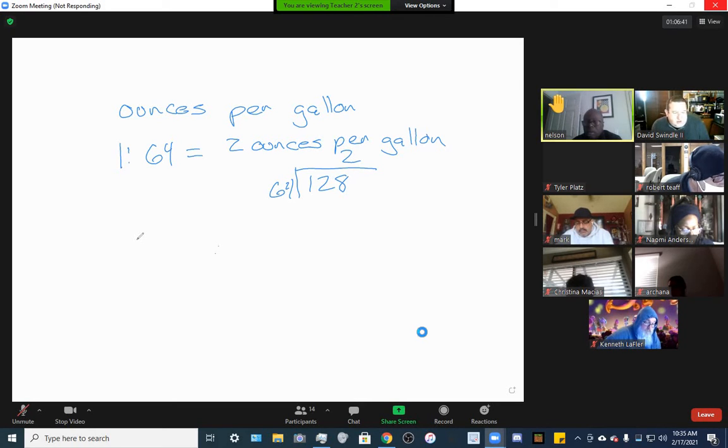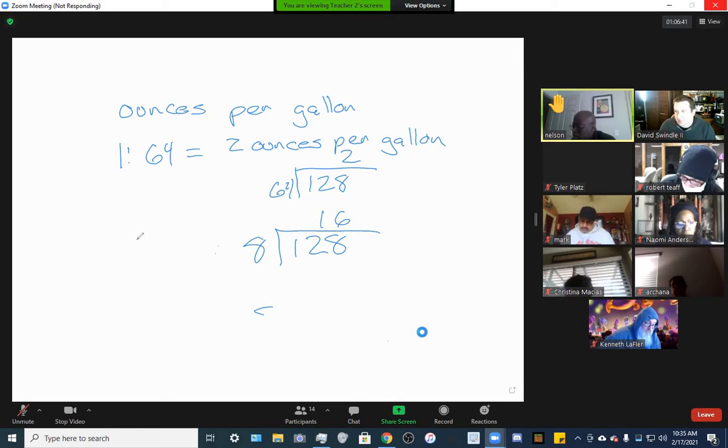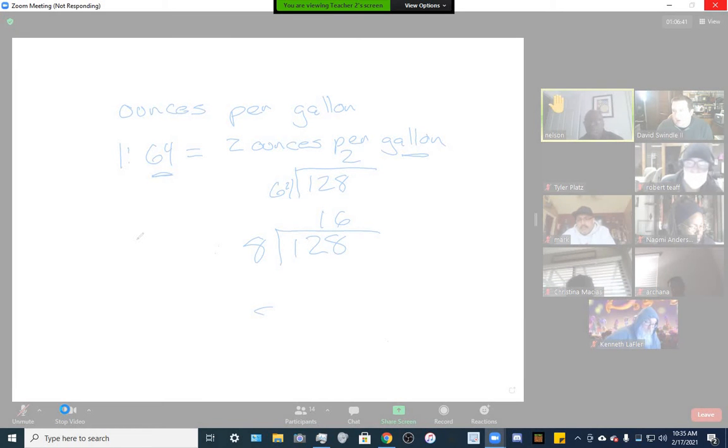So a 1 to 8 is 16 ounces per gallon of water. Again, if we want to do the math for it, and you're wanting to understand it, we would divide 8 into 128, and it goes 16 times. That's how you do the math: you take the unit of measure, gallon, we take this number here, and we divide it into 128. Are you understanding that, Nelson? Okay. Good.